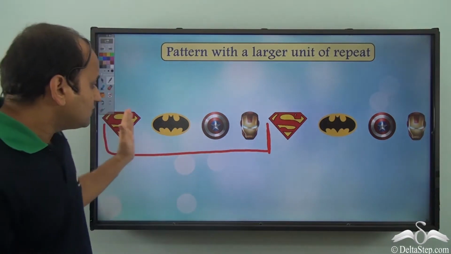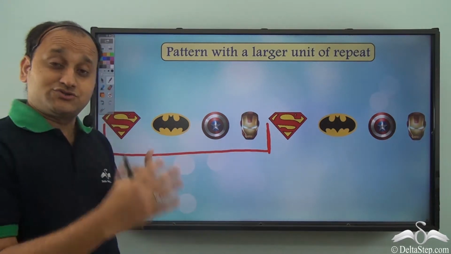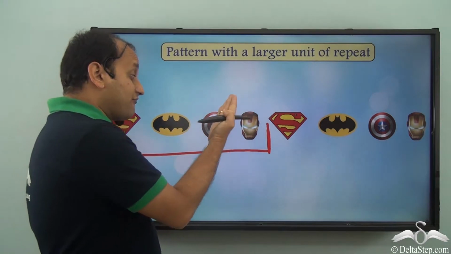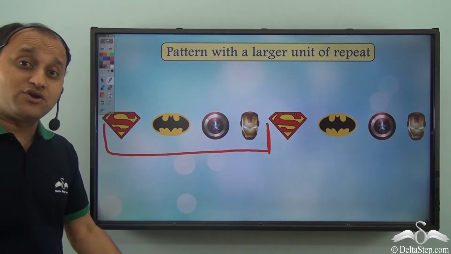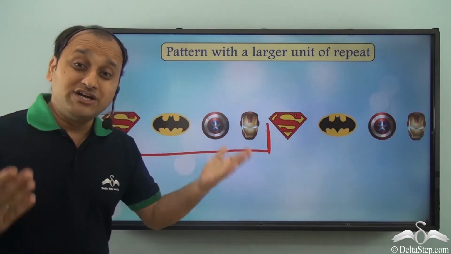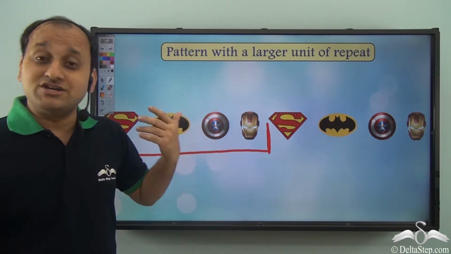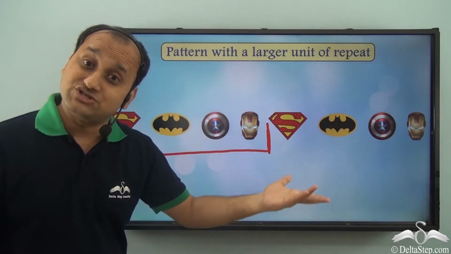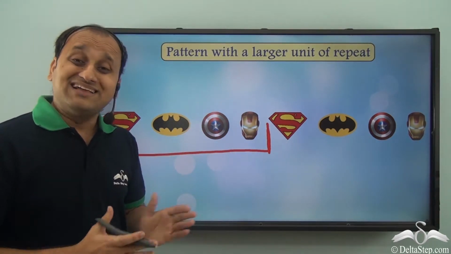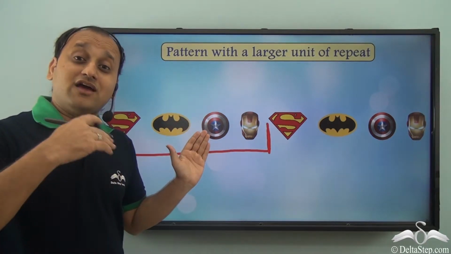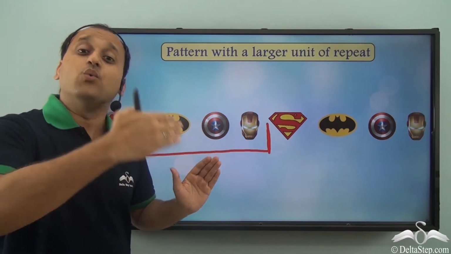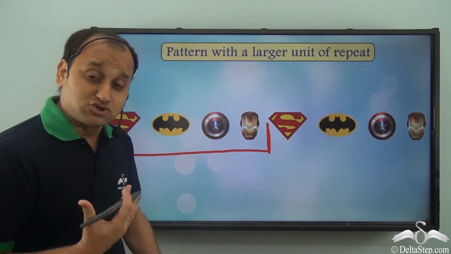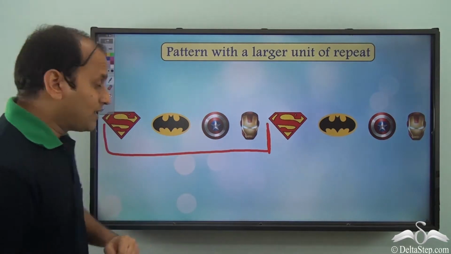So you see, here we have four objects. So earlier you had seen two, then you saw three. Now we have four objects together making up a unit of repeat. So a unit of repeat can be much larger than two or three. So we have four, and similarly we can have 5 or 6 too. So it depends on the size of a unit of repeat, and eventually if it is a pattern it will repeat. Now that you know about 3 objects and 4 objects can also be unit of repeat, let's see one more example.